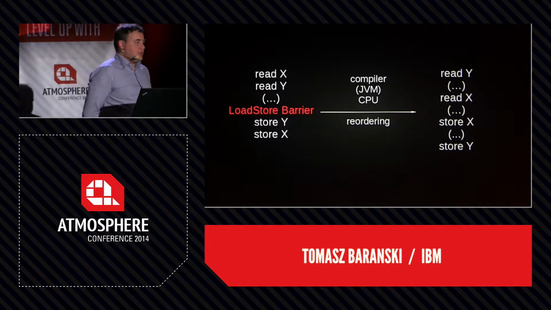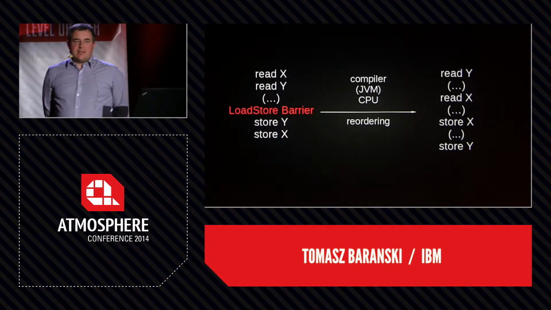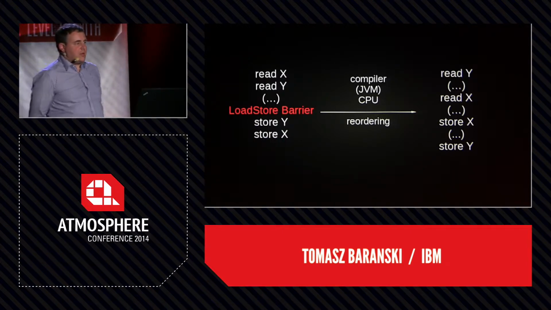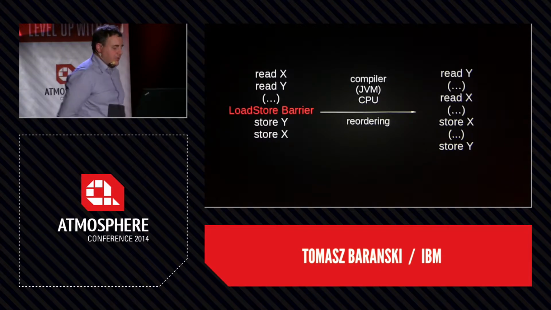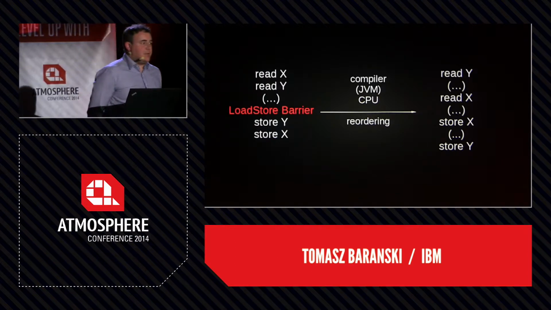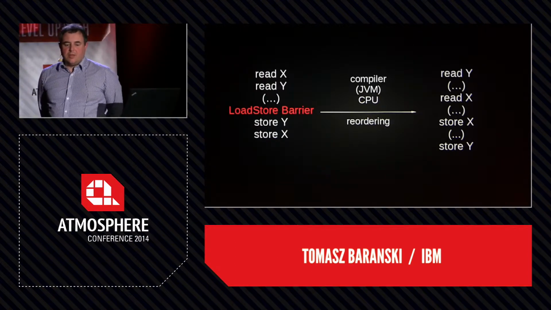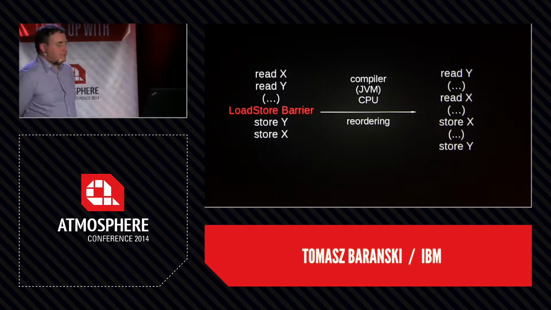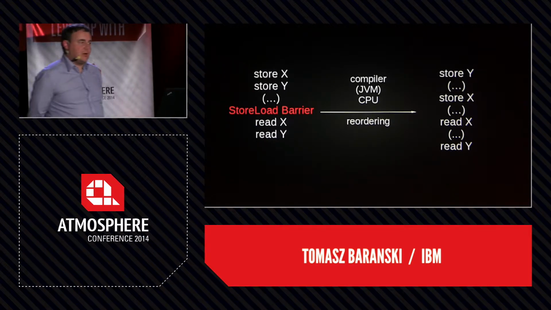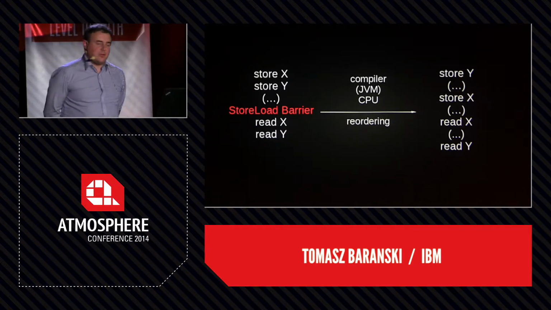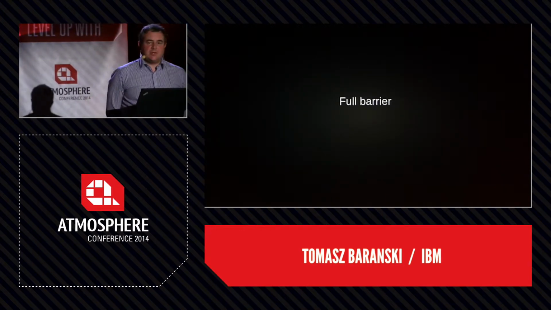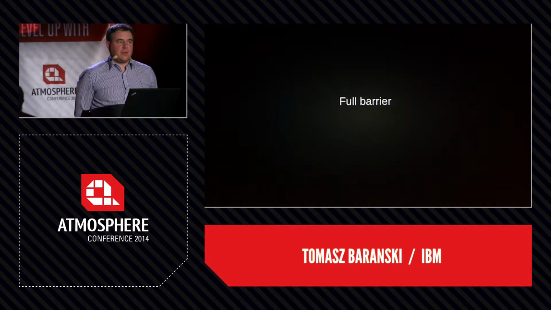Load-store barrier, as you probably already realize, means no reads can cross the barrier and no stores can cross the barrier, but they're separated by the barrier. Reads are before the barrier, stores are after the barrier, and they cannot be reordered. Of course, all the reads can be reordered before they reach the barrier, and all the stores can be reordered after the barrier. Store-load barrier is similar, but stores happen before the barrier. There's a thing called a full barrier, which is what is usually used. It combines all four. This means no reordering can happen across the barrier.